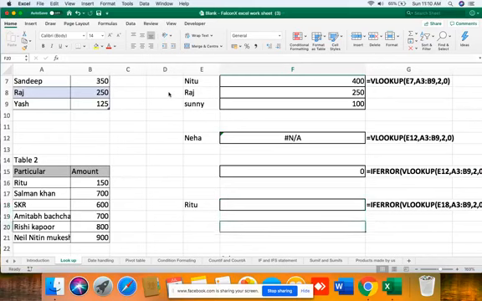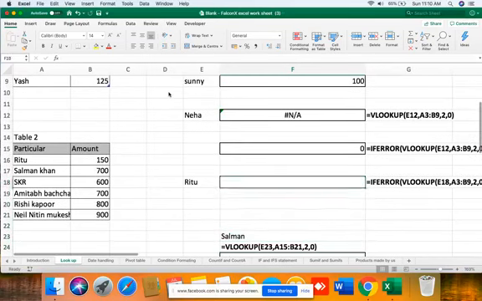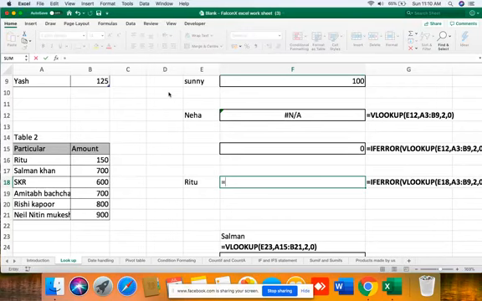Now we have to find the value of Ritu. We don't know whether Ritu's value is in the second table or the first table. So how can we find the value? By doing a VLOOKUP in two tables together.